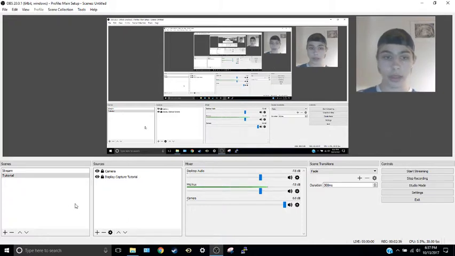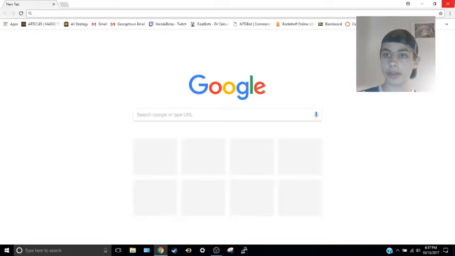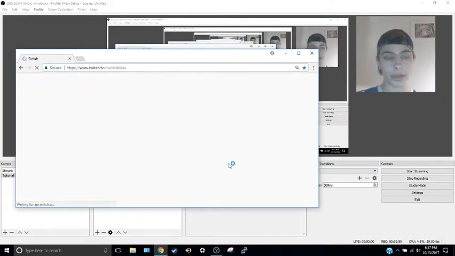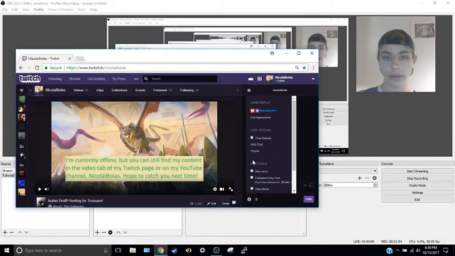Okay. The next important thing I'm going to show you how to do is add a Twitch chat. Right now I'm assuming that you've downloaded OBS and made a Twitch account, so I'm going to go into my Twitch account. And this is a very simple way of making a Twitch chat on your stream. You hit the pop-out button here,